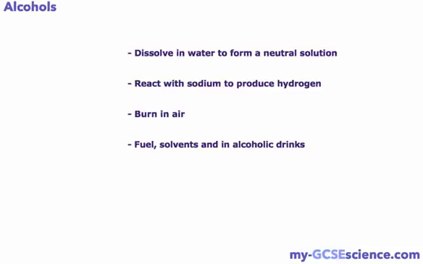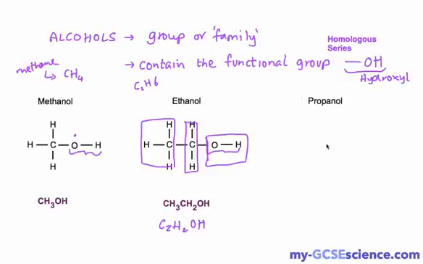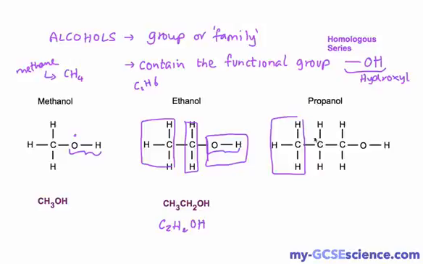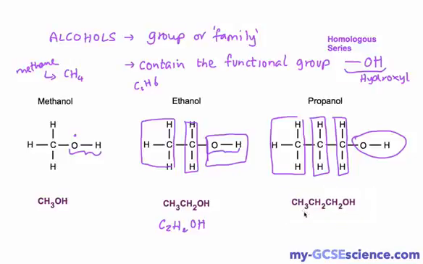And for our last one, our propanol, we have a structure that is like this. And really, if you look, you can see there's a bit of a pattern here. We've got our CH3 group on the end, we've got a CH2 here, another CH2 because we're going up the series, and here's our functional group on the end. So if you were to write that out, can you have a guess and see what it might be? It's CH3CH2CH2OH, and again, technically speaking, you could write that out as C3H7OH,